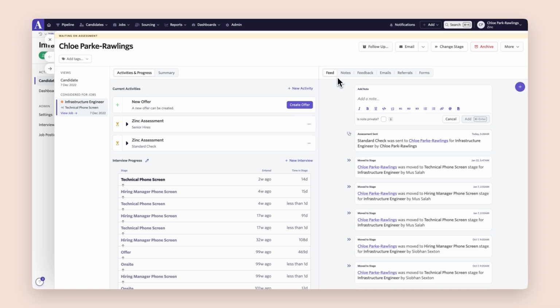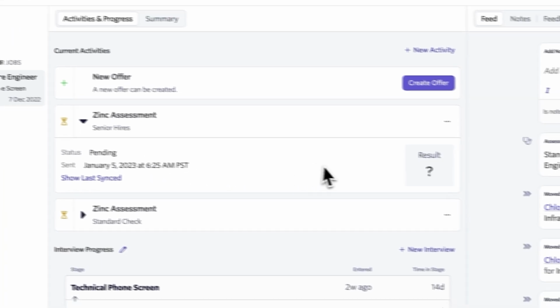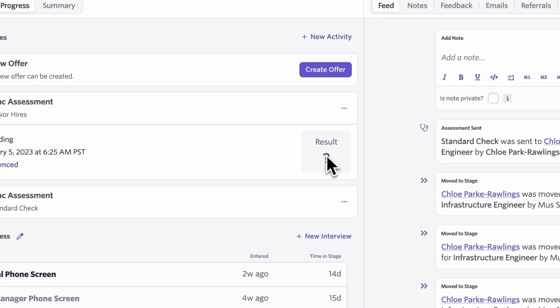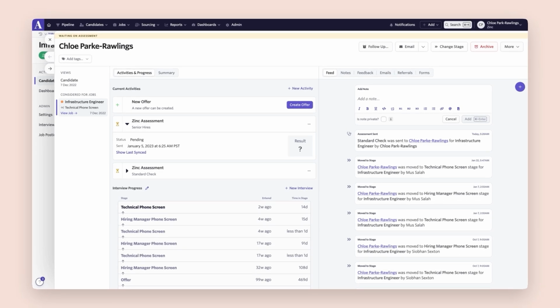we'll pull the candidate's name, email address, and telephone number to reach out to them by email and text to start the process. Once the candidate's checks have been turned around, you'll receive a notification within the candidate record, and under Zinc Assessment, you'll have the status, which will either be pending or completed, along with the result of those checks, which will either be consider or clear once complete. This saves you from having to leave your ATS